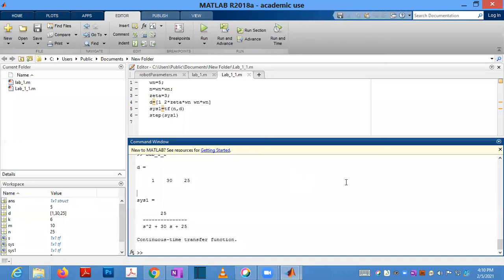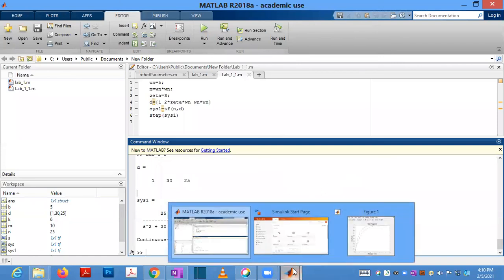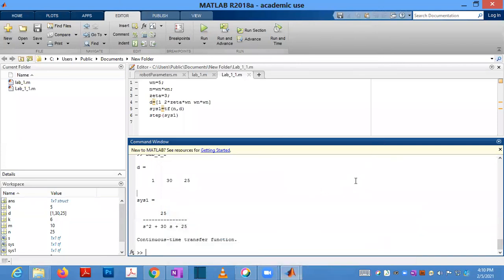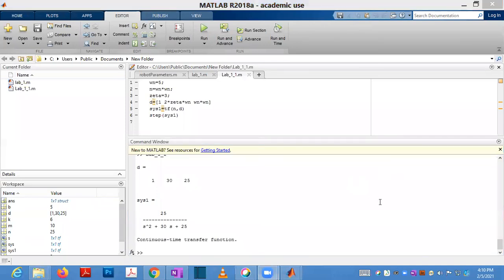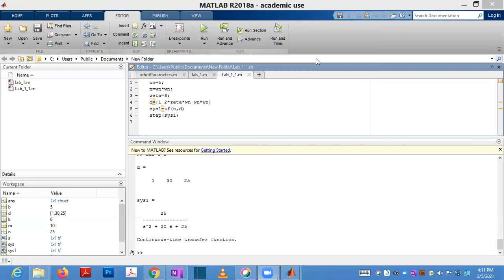So after you study your control system and other things, we can continue next week with Simulink. So Simulink we can start next week. So you practice these things in MATLAB. Yes, sir. Okay. Any doubt is there, you can ask. If you don't have any doubt, you can leave, except for the step response.